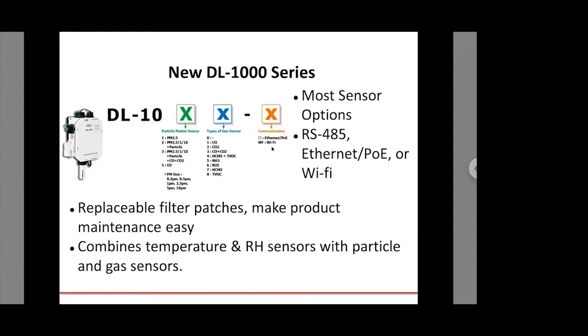And the DL1000 series is a series of particle and gas measurement modules that can measure the concentration of aerosols in the air, such as PM2.5, PM1, and PM10. And it combines that with a bunch of different types of gas sensors. As you can see, hopefully you can see in the diagram here, these